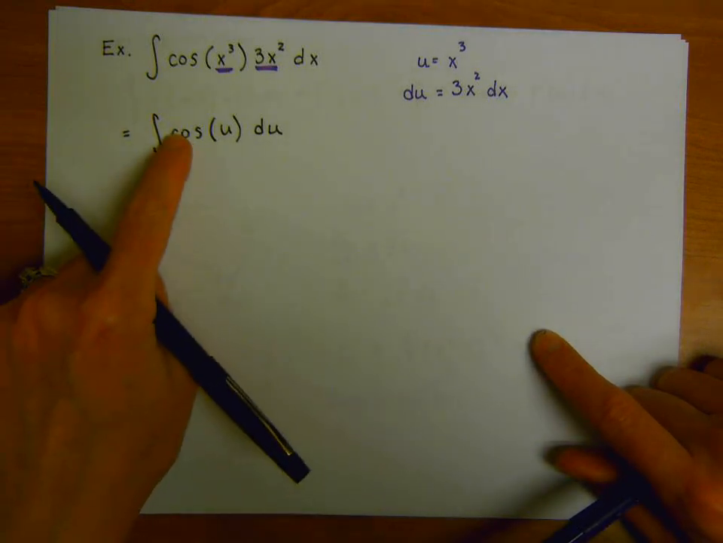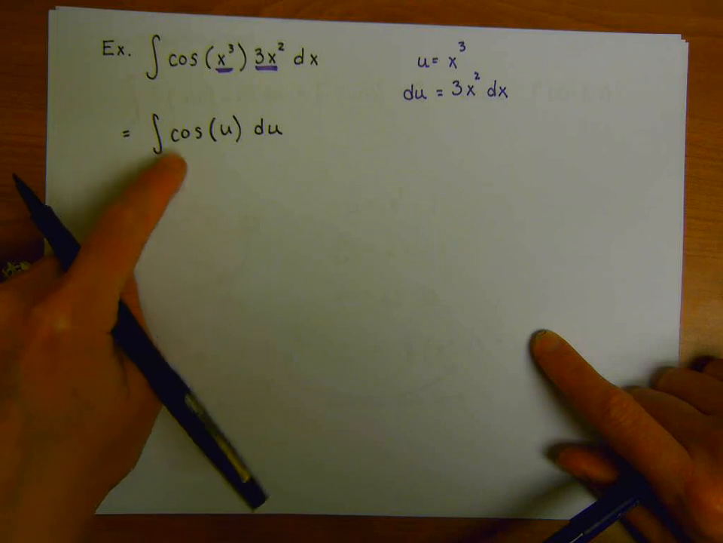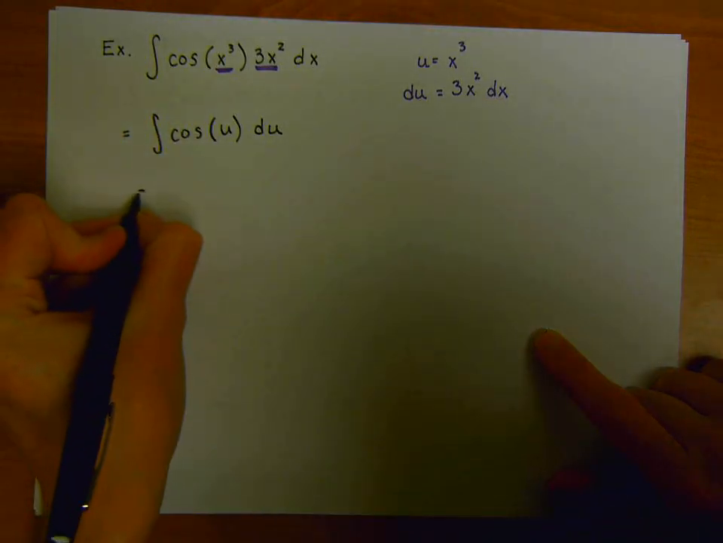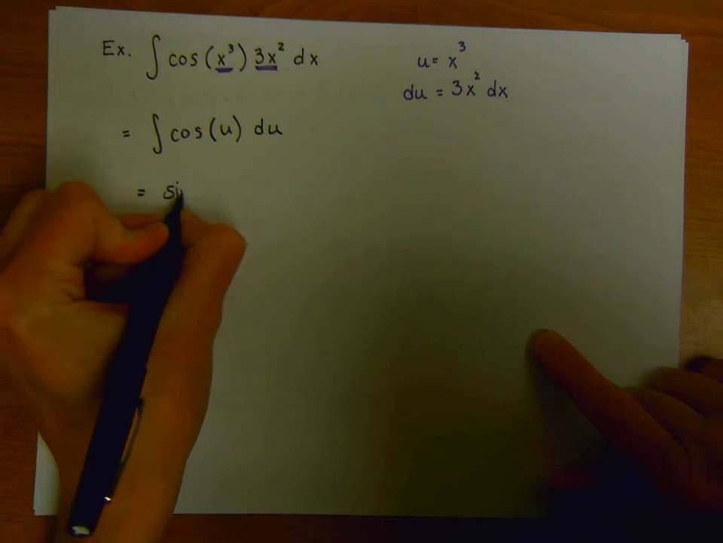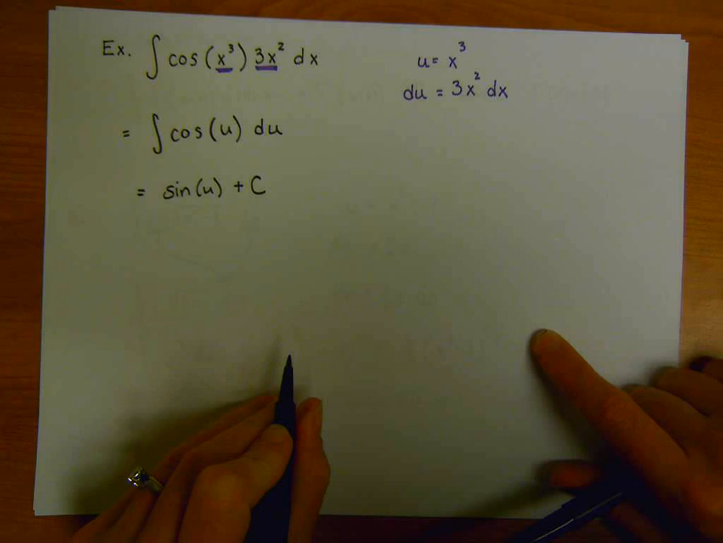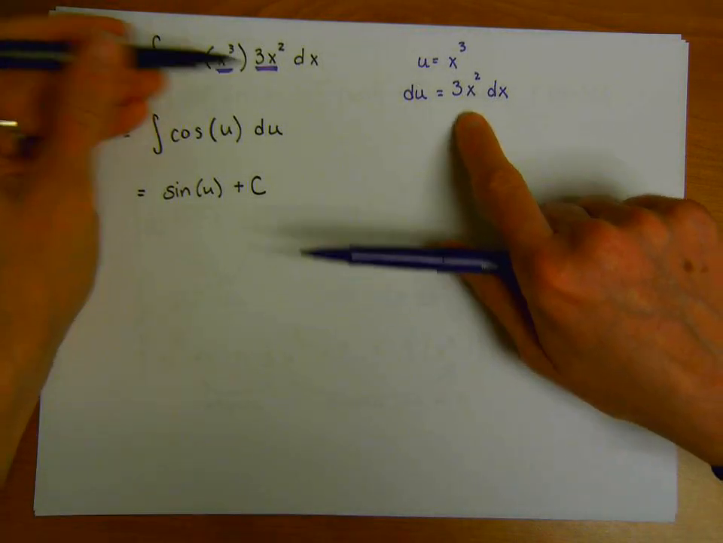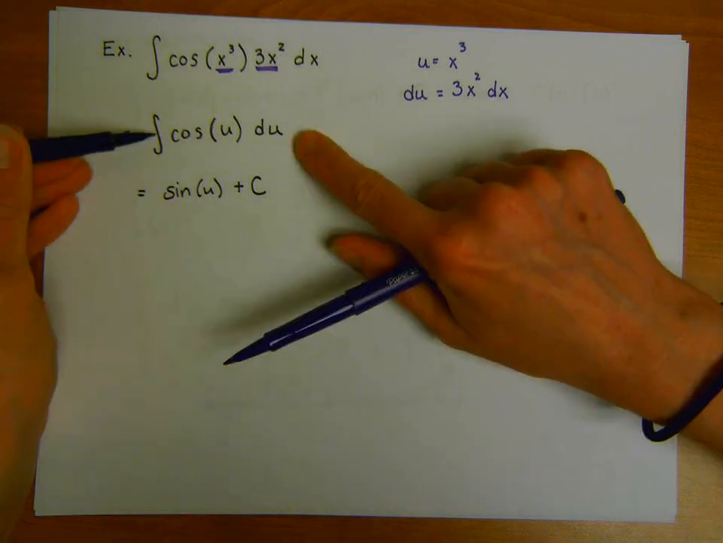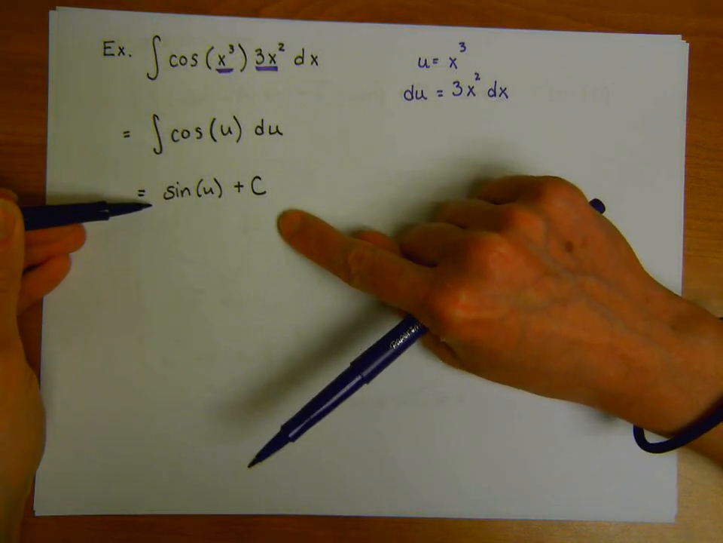The derivative of cosine is negative sine, so the antiderivative of cosine is positive sine. So this is sine of u plus c. So my first step, I replaced my x's with my functions of u. Then I actually computed my integral, and then in my final step,